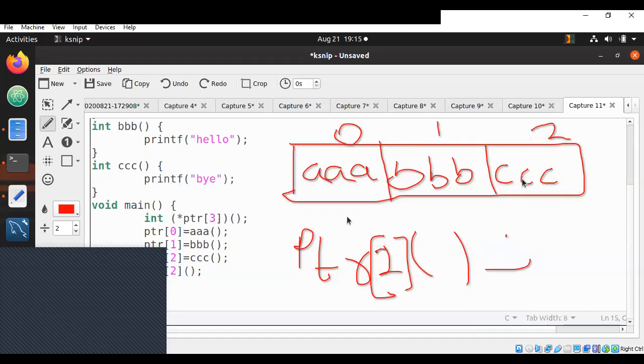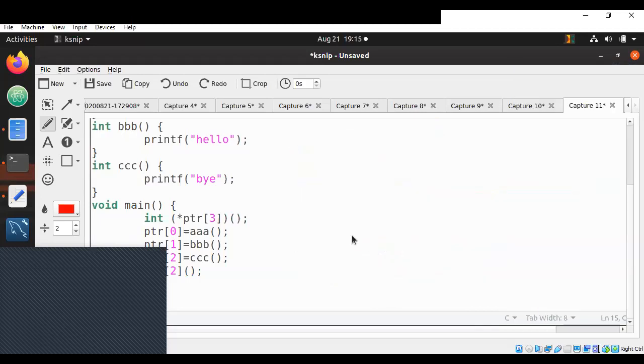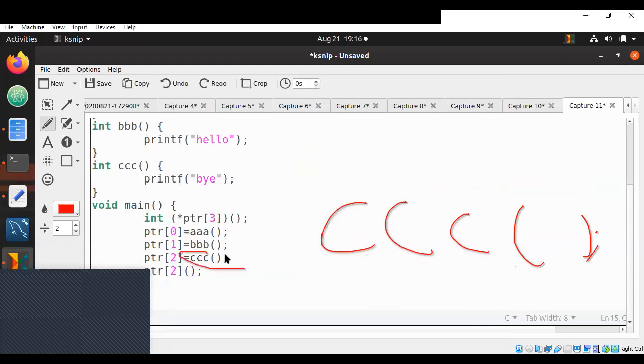Ptr of 2 is storing the address of the function triple C. So when you call this, ptr of 2 will be replaced by triple C with brackets. This is what happens because ptr of 2 stores the triple C address, ptr of 1 will store the triple B address, and ptr of 0 will store the triple A address.